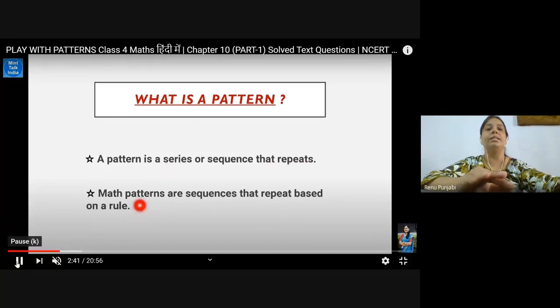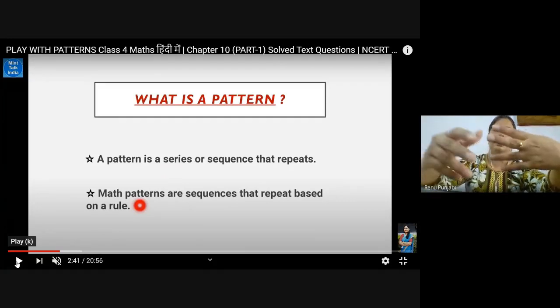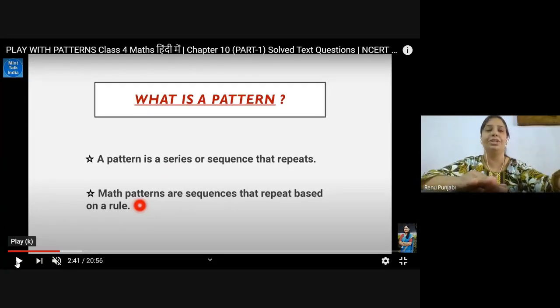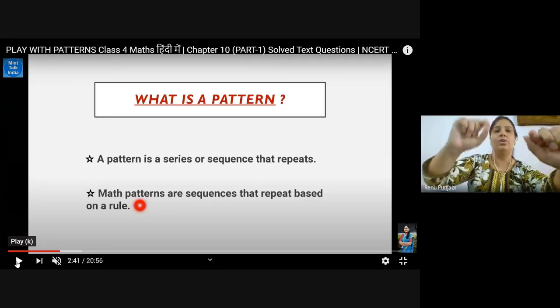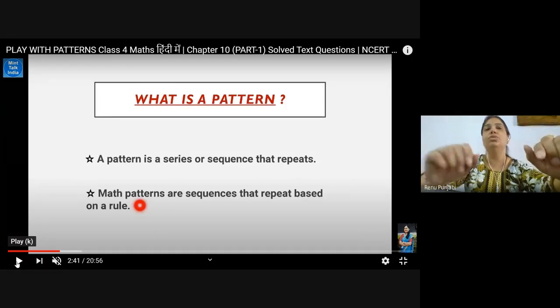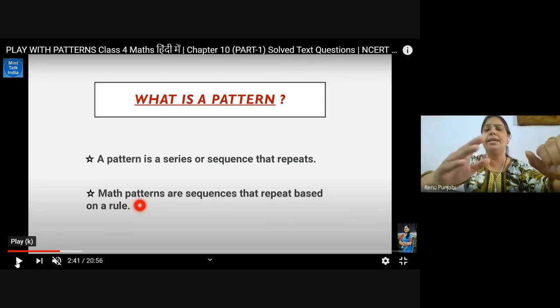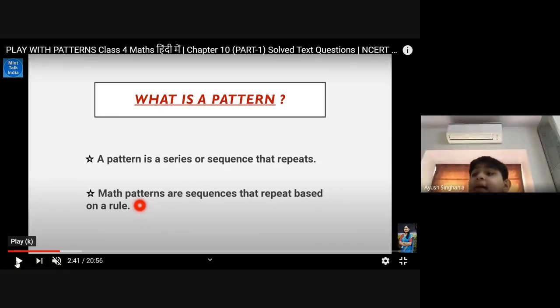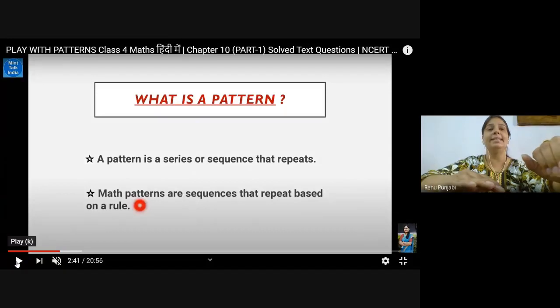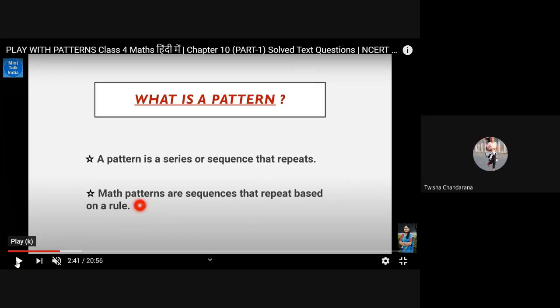In some numbers, in some shapes, you will learn that the shape is increasing. Like the way I have sent you a worksheet. In one dice, there is one dot only. Then in the second dice, there are two dots only. Then in the third dice, there are three dots. It means what is happening? Can you answer me, children? Ma'am, the pattern is increasing. In the first there is one, then two, the fourth is four, the pattern is increasing. Yes? Increasing, ma'am.